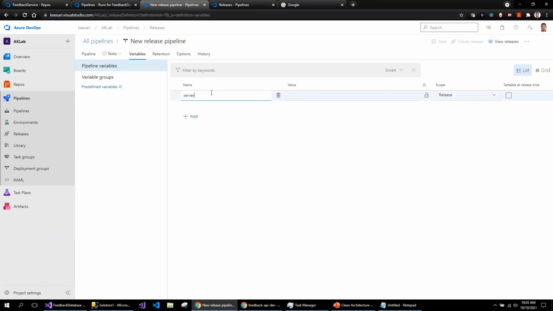For the server name, I have to use the SQL Server connection string which I used for connecting. Make sure that I'm adding it correctly. So this is my server. I will call it SQL Server database.